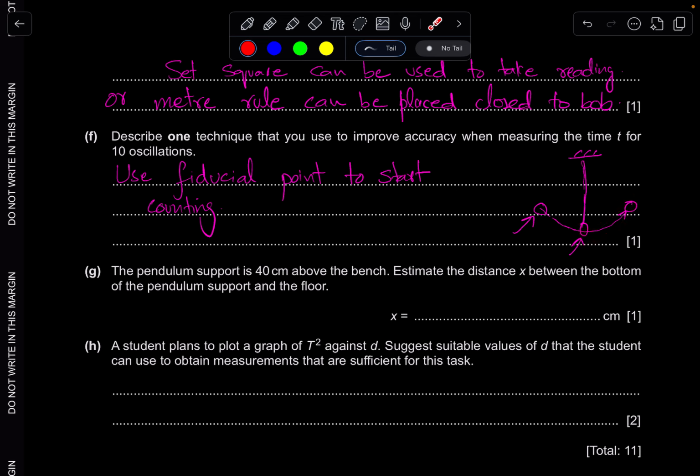So it's always better to take this point or this point from where you are starting the counting, right? So whenever it reaches this point, you will count 1, 2, 3, 4 like this. Okay,